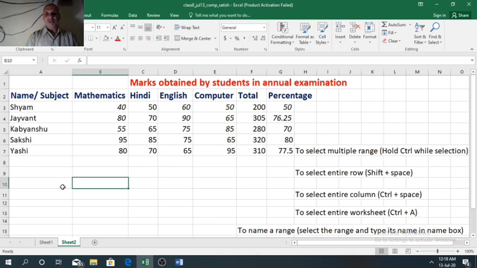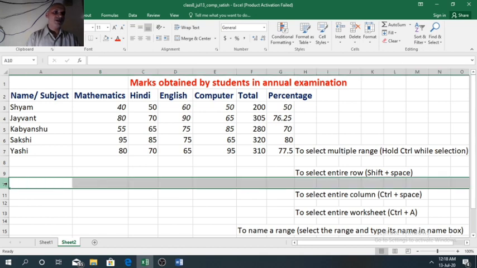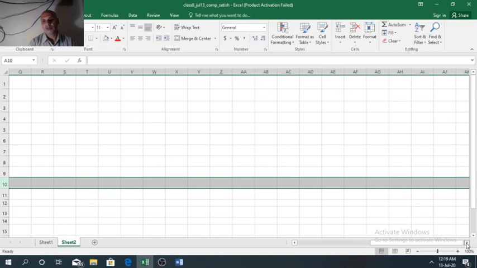If we want to select the entire row, there are two methods. We can simply click on the row number here at the extreme left side. This is the first method. It will select the entire row. You can see all the rows are selected from left to right.